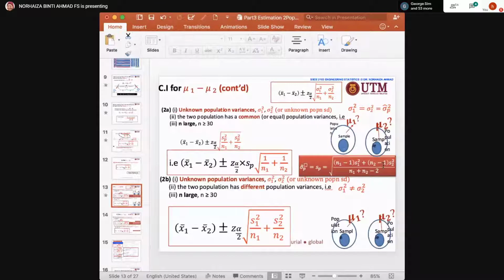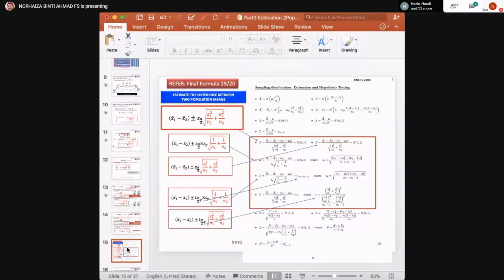You don't have to memorize this formula because again, the formula will be given to you. For example, here, this is the basic formula. So SP, if you want to look at SP, let me just